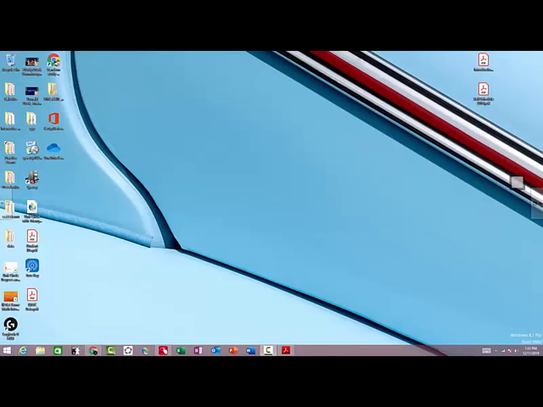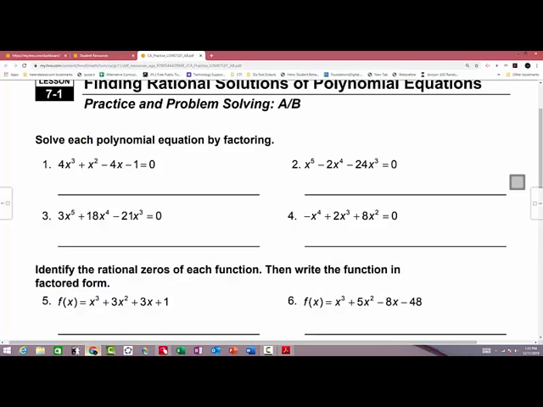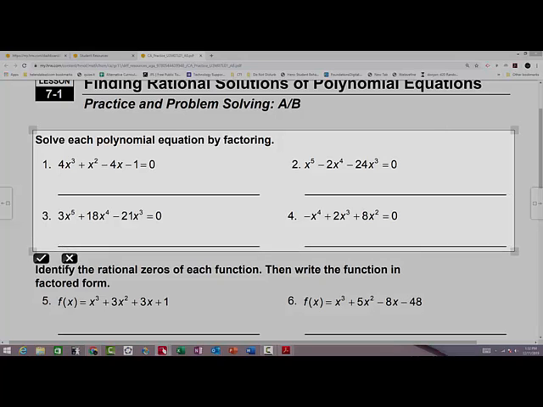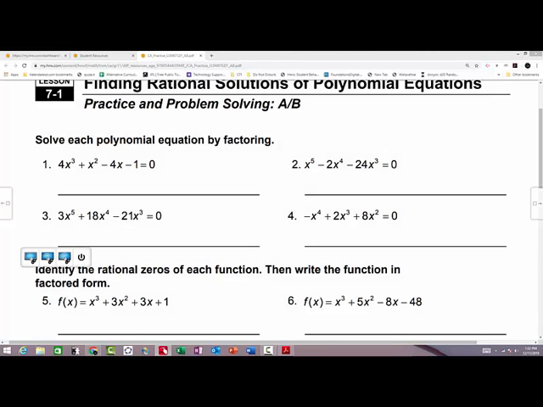So right now, your work is going to start off with 1 through 4 in your workbook. These are questions you should already know how to answer. I felt like factoring was mainly a part of last module, but they decided,